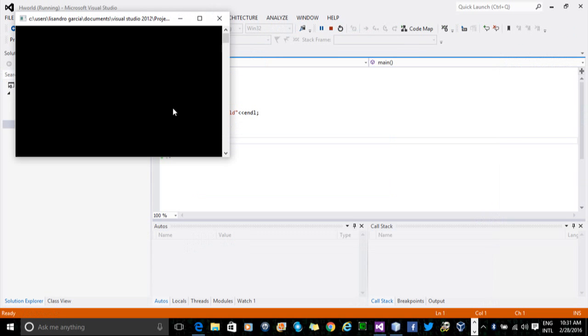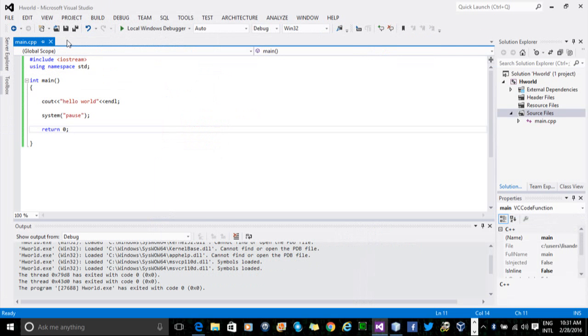Just give it a sec. And if you can see here, it says hello world. Next it prompts you: press any key to continue. Press enter or whatever key you like, and it should close. And that's how you write a hello world